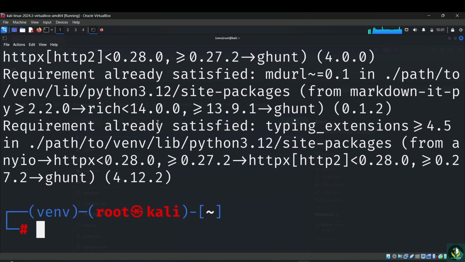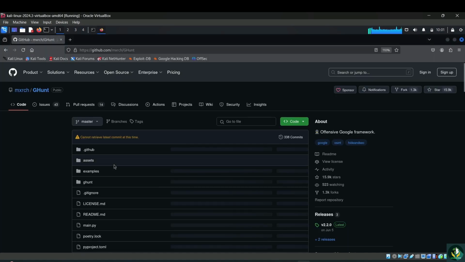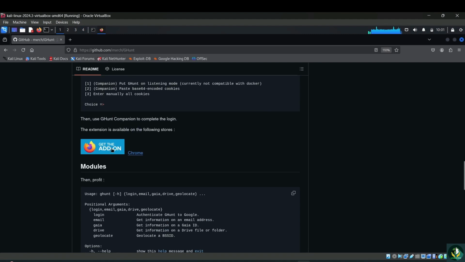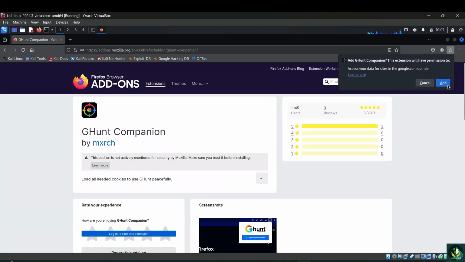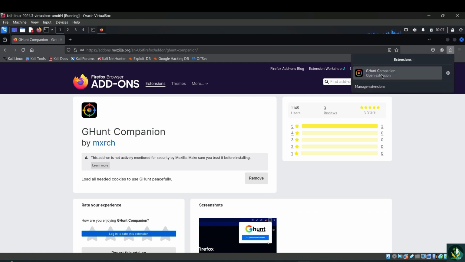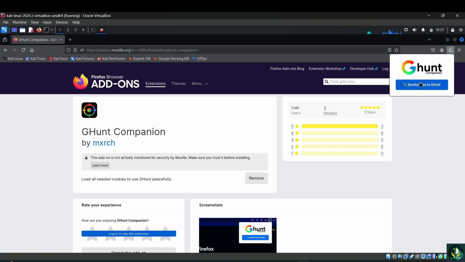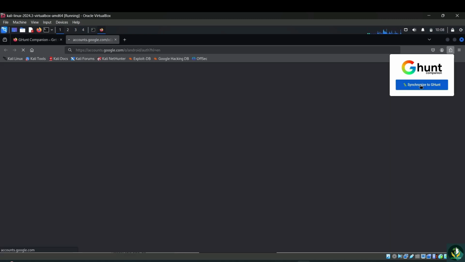So let's open the gHunt GitHub web page and scroll down. Then click here, get the add-on. Now click here, add to Firefox. Then click here, add, okay, and then you can see, open this companion, and it will show you synchronize to gHunt. Click here, synchronize to G, and then you will sign in with your Gmail account.